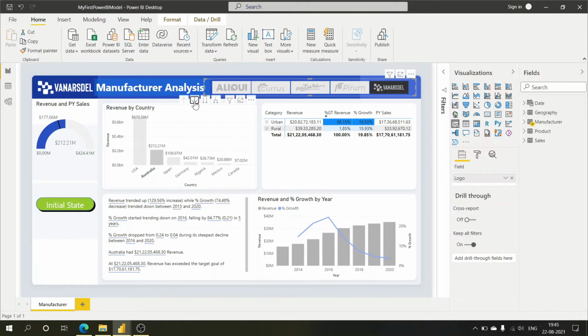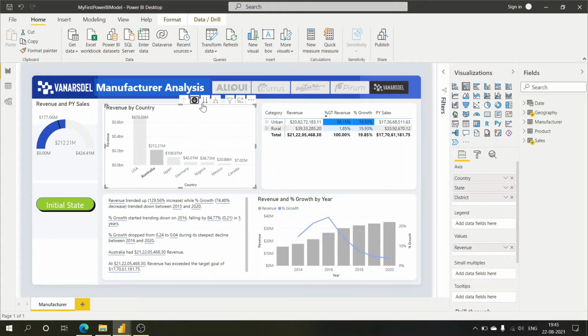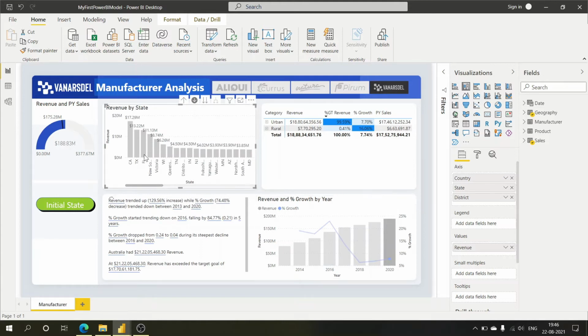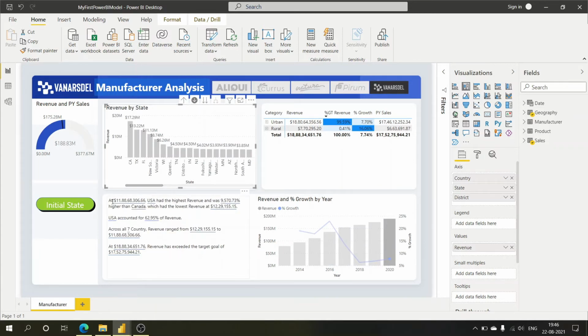Now let's drill down a little bit and go further into the depth, further into the state and regional levels of Australia. So here we can see Queensland, Victoria, and the overall revenue has been broken down to state level as the visualization states too. And if we select a certain year, say 2020, we can see the corresponding values and the overall summary of the year 2020's revenue and percentage growth by year.